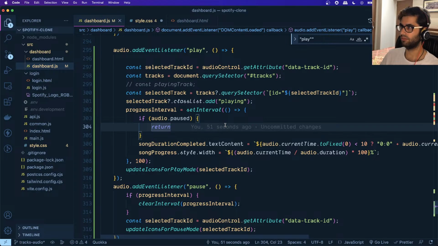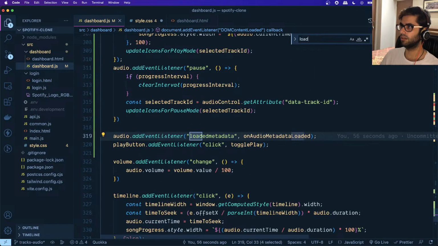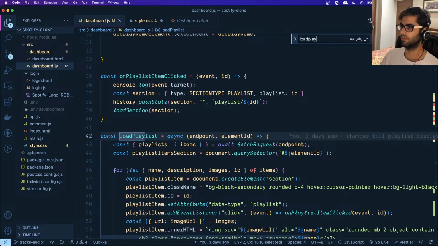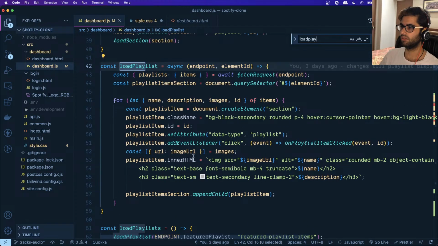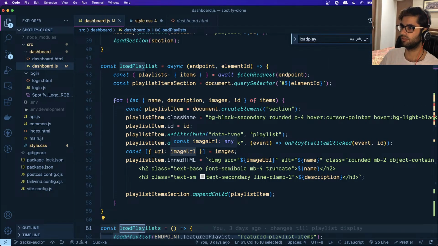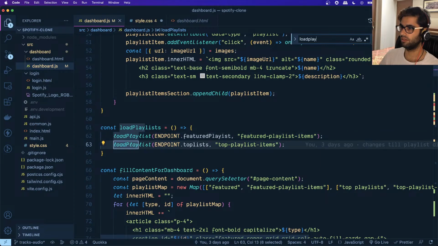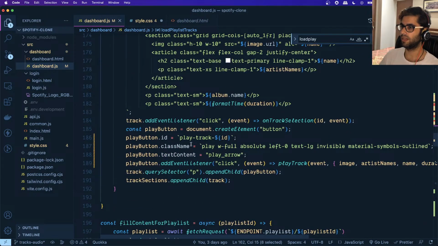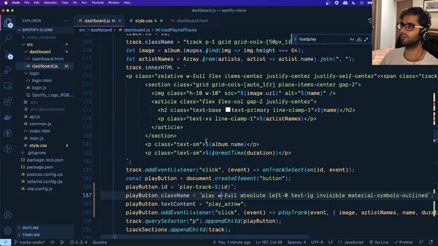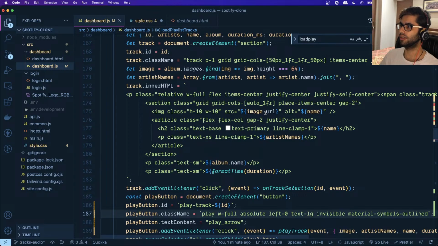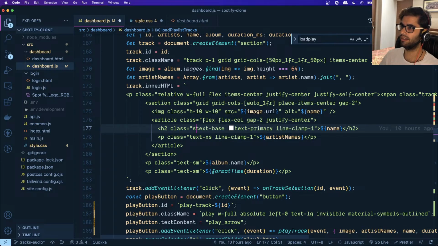So let's go to the load playlist tracks function, and then where we have the song title, which is basically this element, and this is the name of the artist. Let's give it a class song title, okay,